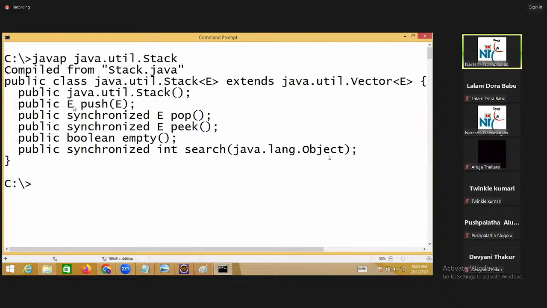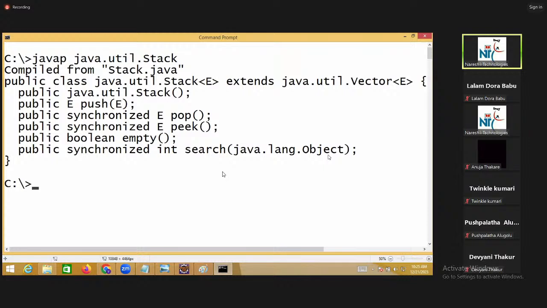Sorry, return type, data type not there. Sorry, parameter, data type not there. Here the parameter is E and the return type is E, known as generic. In the place of E, you can write any element you want: integer element, float element. Return type can be integer element or float element. So those components we call generic.